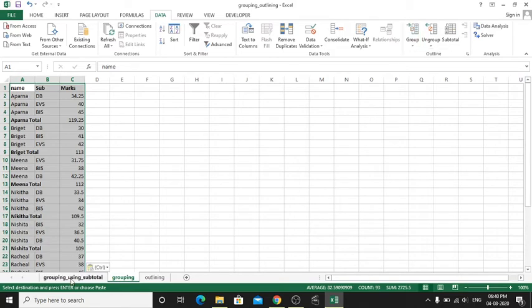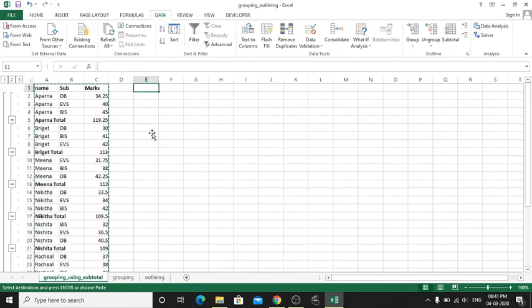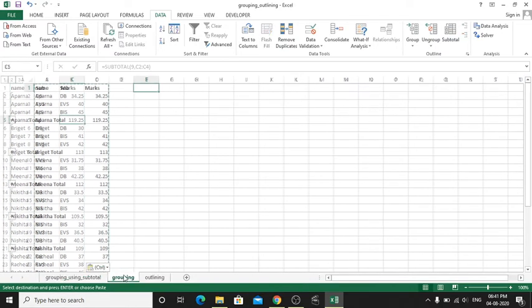In the first sheet, we didn't have any subtotal or total column like that. We performed a total calculation using the subtotal function, right? But if you are doing grouping or outlining, the data table should comprise at least a column of total function. Any sum, count, average, any of these functions should be there in your data. That is why I copied the calculated data to the next sheet.